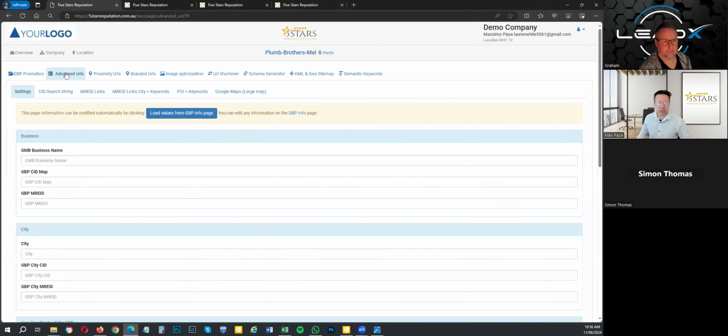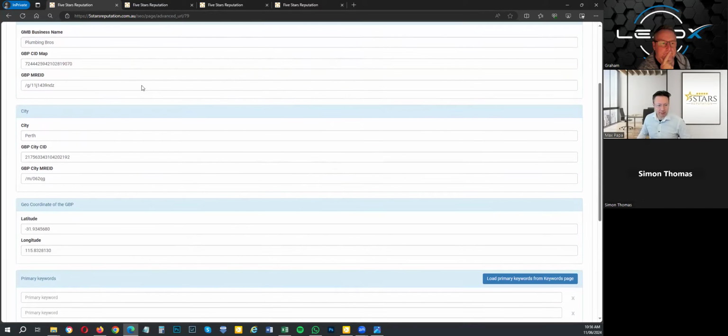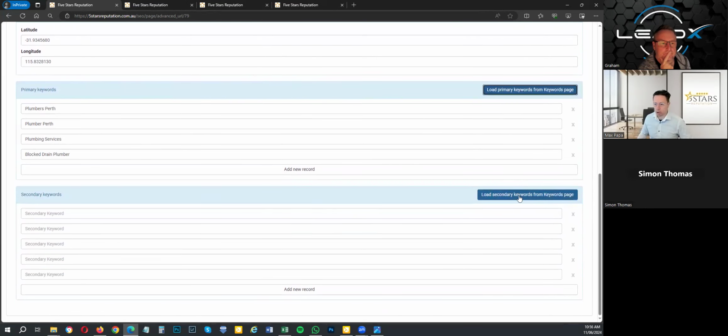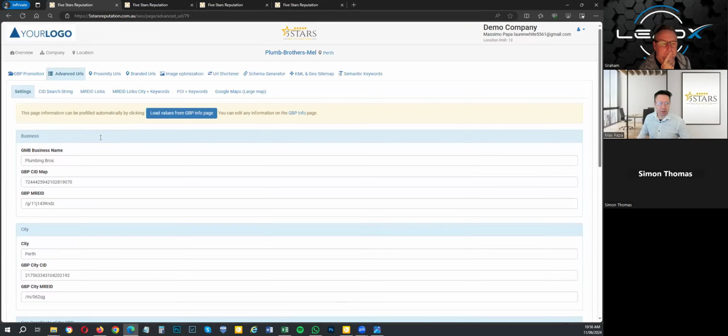For example, I put information for this client. I go into advanced URL, okay, and look how many different types of backlinks you can have. Load the value from the GBP info page. Therefore, the page that we have added the information once. You or the VA can do that, super easy. Boom, you click this button, all the information is here. Load primary keywords, load secondary keywords. Now that all of this is done,